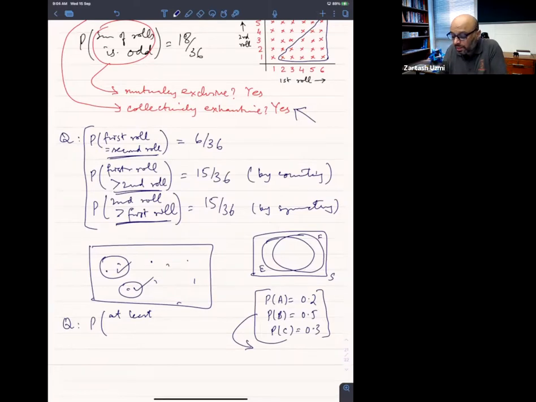ये मुझे इंफॉर्मेशन फ्रॉम द डेफिनेशन ऑफ द इवेंट्स इनहेरेंटली मिल गई थी। यहाँ ए बी सी से मुझे ये पता ही नहीं चल रहा कि ये म्यूचुअली एक्सक्लूसिव है या नहीं। अगर नहीं पता चल रहा तो मैं इनकी प्रोबेबिलिटीज के साथ नहीं बता सकता कि ए बी सी म्यूचुअली एक्सक्लूसिव है या नहीं। मैं ये भी नहीं बता सकता कि ये कलेक्टिवली एग्जॉस्टिव है या नहीं। ये 0.3 की जगह मैं ये 0.8 भी कर देता अगर यहाँ पे, मैं फिर भी नहीं बता सकता था कि ये कलेक्टिवली एग्जॉस्टिव है या नहीं।